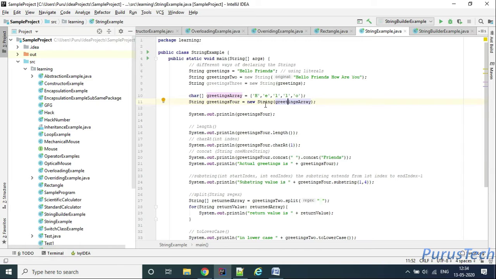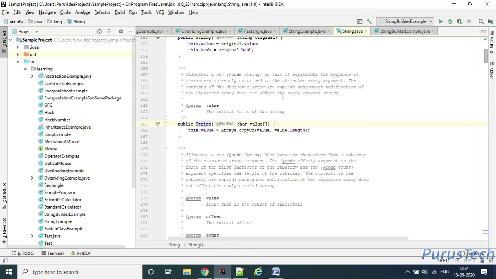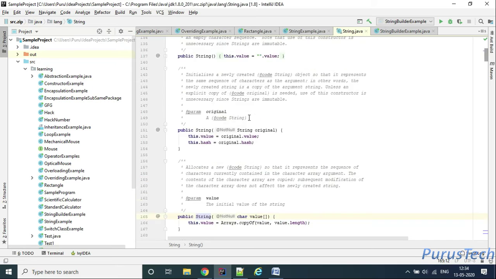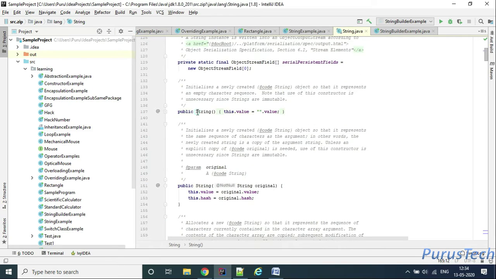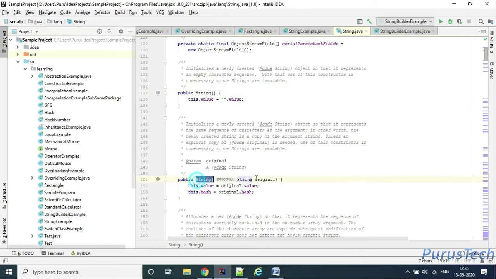This String is a Java class, which you can see. Just press the Control button, mouse over here and click. It will take you to the String.java file, and this has multiple constructors. As you can see here, there is a default constructor and one that can take one parameter.